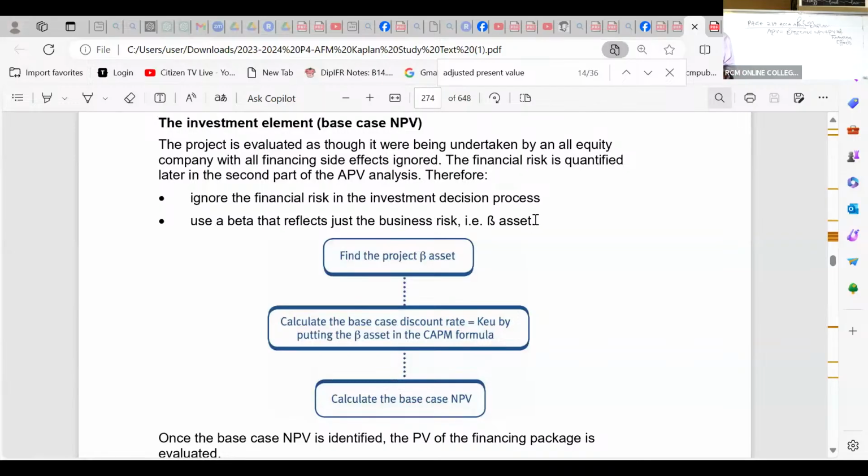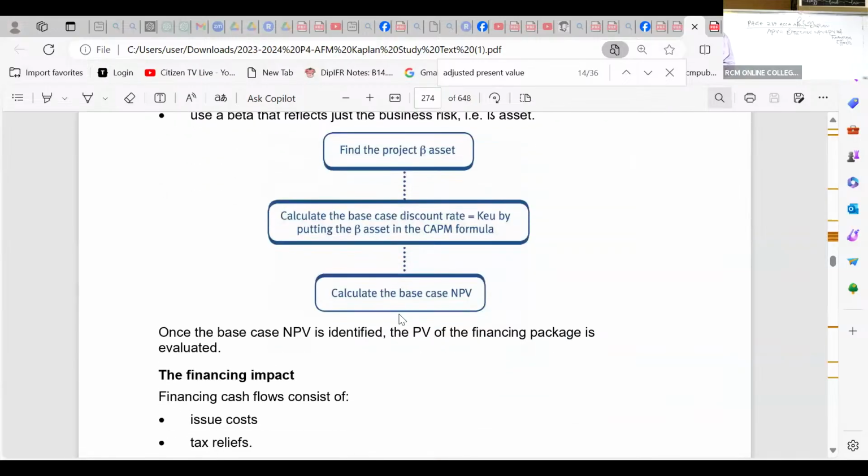We would understand this. So look at the steps here. Find the project beta asset. Then number 2, calculate the base case discount rate, K, by putting the beta asset in the CAPM formula. And then you calculate the base case net present value. Ladies and gentlemen, this is a very straightforward question. But before we go to this,